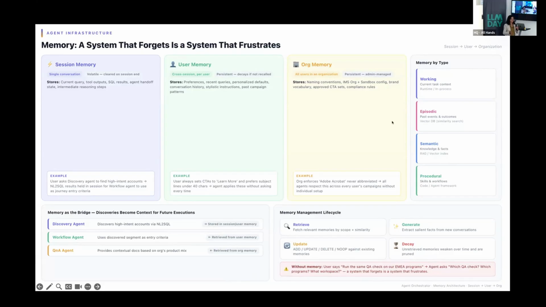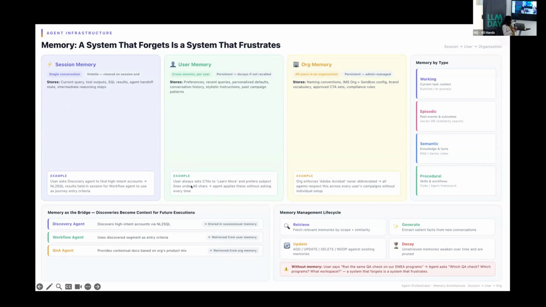So even though this person has done this several times, they're really getting to a point where this is very annoying. I've done it, you should know it, and you don't. So that's where memory kicks in. Memory can be at session level, where you're in a particular session and you basically store everything that's happening in a session. Of course, the context that's sent to an LLM needs to be either compacted or the last few turns, but the memory is still stored in some way so that it can get used.